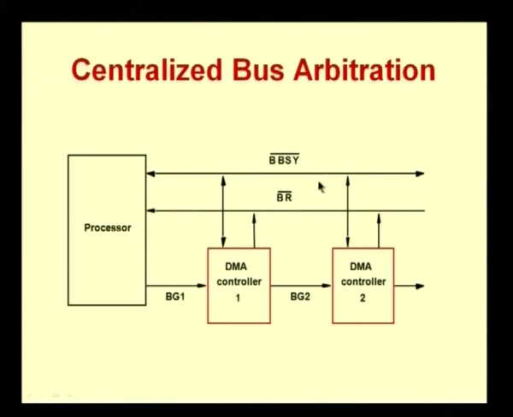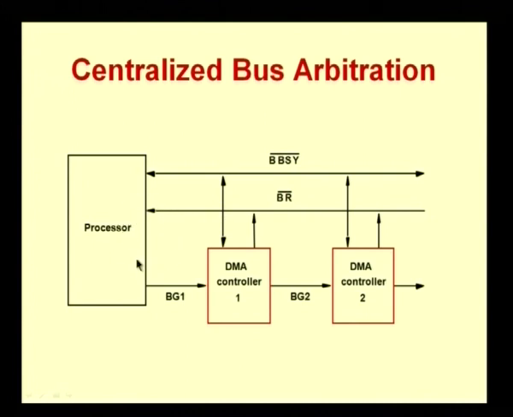There is something called a bus busy signal which indicates whether the bus is currently busy doing some data transfer or not. And then we have a bus request signal. This bus request signal is normally a signal which is asserted by one of the DMA controllers which requires the bus. Okay. So, the bus request signal comes to the processor or to the arbitration unit which is present in the processor,